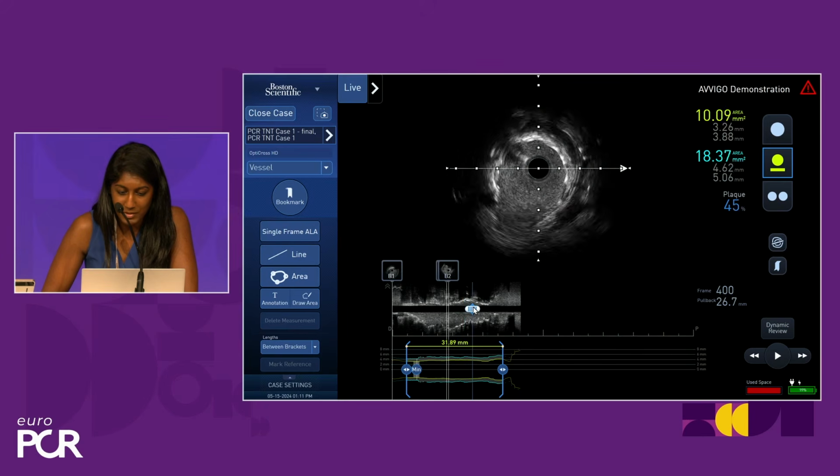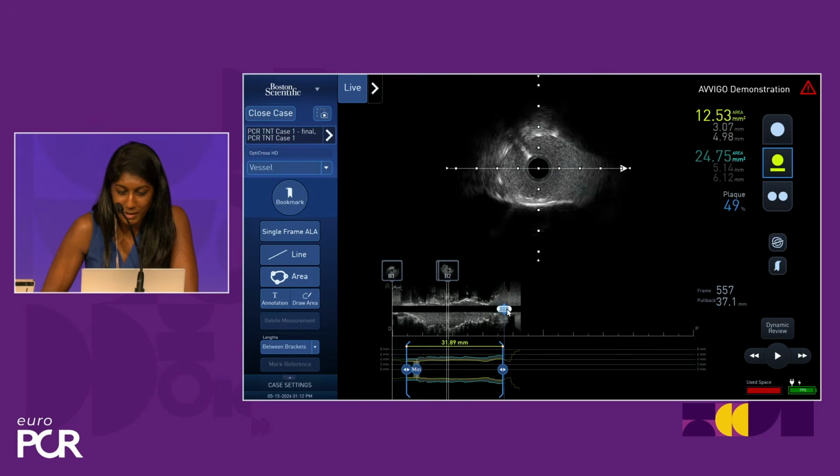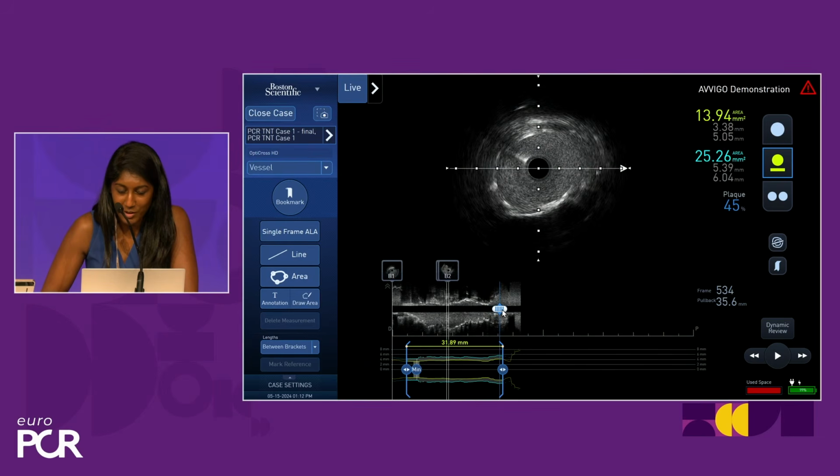But as you come through other segments, you'll appreciate areas where you've got a good length, but the width is lower, and that's because you've got calcium abutting the two sides, so you've got eccentric stent expansion. What's actually important is the area, which we've got at 8.5, which is fine. And then as you come back into left main, you have a much bigger area, 13 millimeters squared plus in the left main. So we're looking at dissections on the edges, we're looking at geographic miss. I think this was a difficult lesion because it was diffusely diseased, so there was